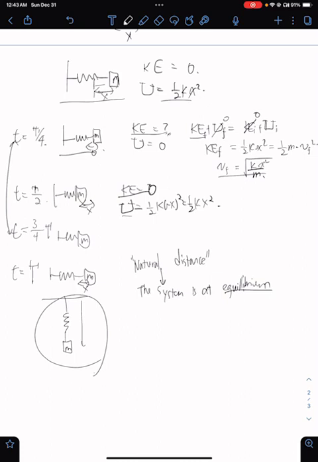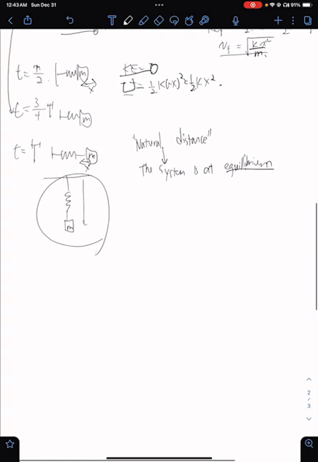So this system is no longer in equilibrium. This system is oscillating, and it's doing a specific type of oscillation called simple harmonic oscillation. Any other oscillations, I don't think you're ever going to have to deal with them. So just don't forget about the other oscillations. But going back to this situation here,